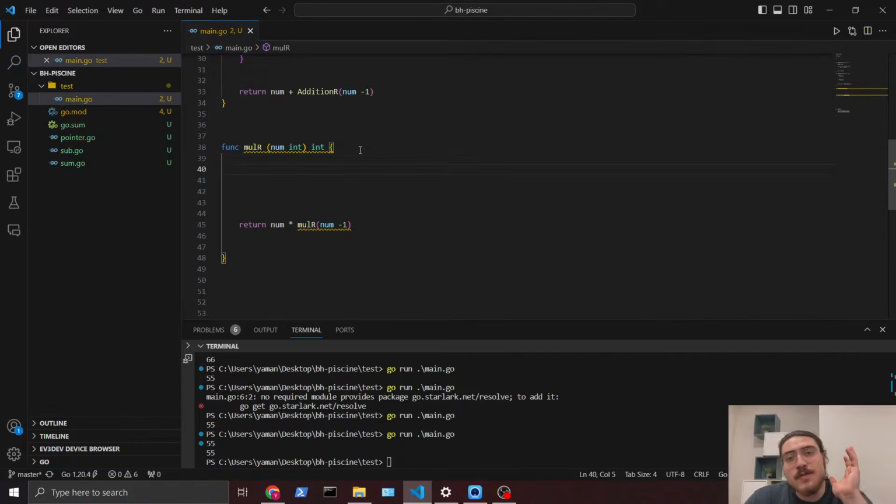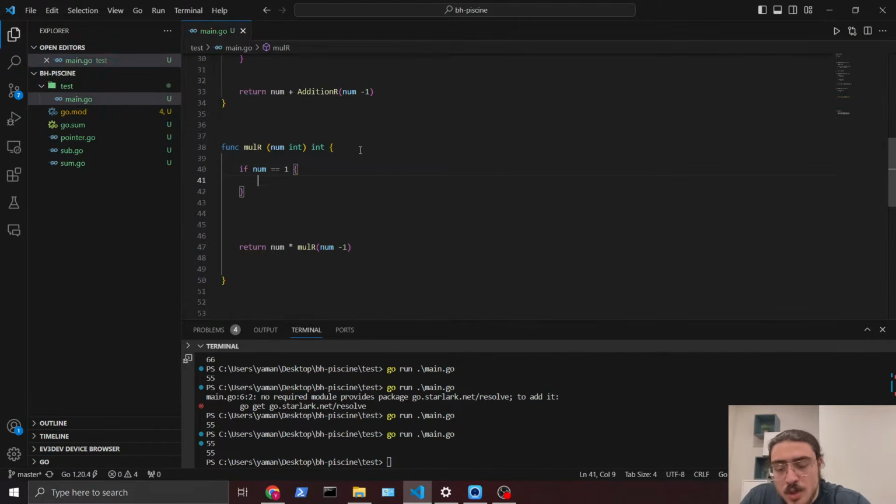In multiplication, if you multiply by 0, everything becomes 0. So careful. So here we say if num equal to 1, what do? We return not 0, we return 1. لأنه if we return 0, it will multiply everything by 0 and we will lose all of our progress. And now, that's it. This is my function.